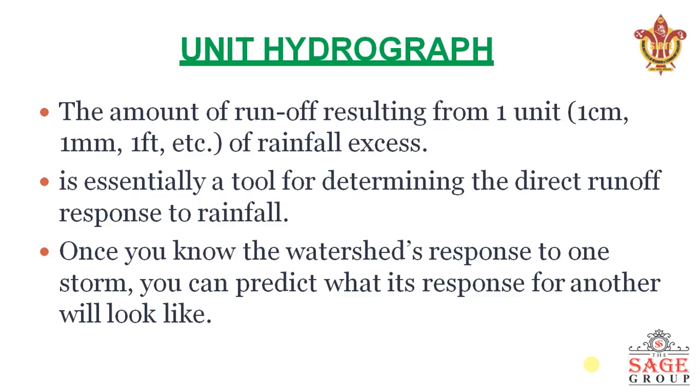Unit Hydrographs. So, what is a unit hydrograph? The amount of runoff resulting from one unit of rainfall excess is a unit hydrograph. One unit of rainfall excess can be 1 centimeter, 1 mm, 1 feet, etc. It is essentially a tool for determining the direct runoff response to a rainfall. Once you know the watershed response to one storm, you can predict what its response for another one will look